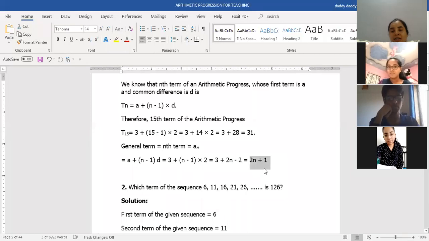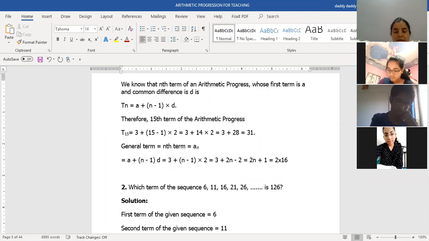Find out the 16th term. So in that case, if they've given you the general term and they want you to find out the 16th term, you will simply replace n with 16 and you will get your answer like this. In place of n, whichever position term they are asking you, you will put that number. So if they're asking the value of the 16th term, you will put n equal to 16 and finally you will get this. So 33 is the number which is sitting at the 16th position.